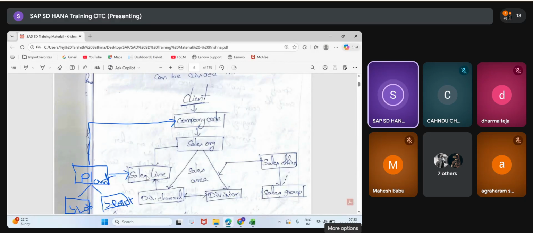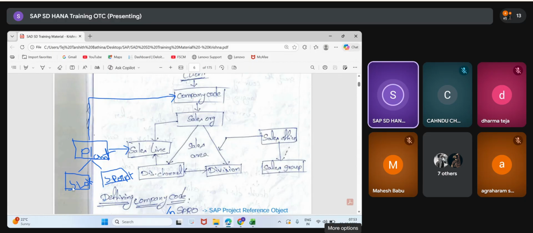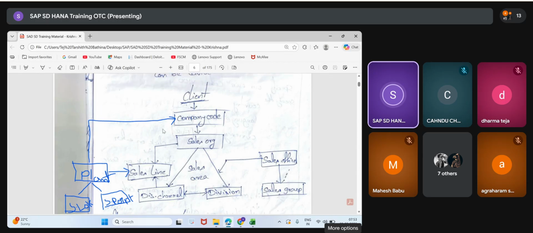That's what sales line. Sometimes they'll ask you, what is meant by sales line? Sales organization, distribution channel, plant. Then under the plant, shipping activities will happen: picking, packing, loading activities, and storage locations, subparts. That's what is linked to plant. The same thing we are going to design in the system. This is for one country. For 100 countries, 100 structures are there, as explained in the Excel.